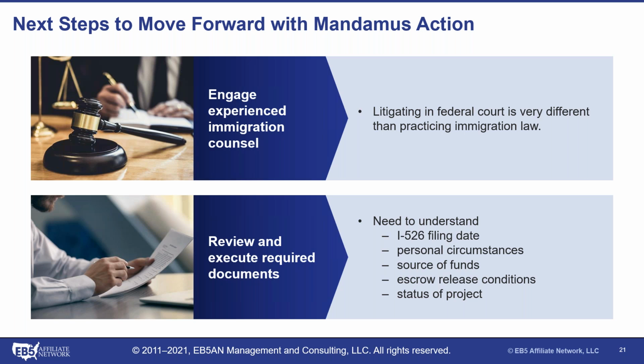Filing them, everything in federal court in the US is filed electronically, so it's very simple to file. And then service, when you are suing the federal government or an officer of an agency in his or her official capacity, service is effectuated by certified mail. So really the service is dependent on the mail service, which again, we're seeing usually receipt within a week or so from mailing. You also have to send copies to the Attorney General's office and to the U.S. Attorney in the district in which you have filed the lawsuit.